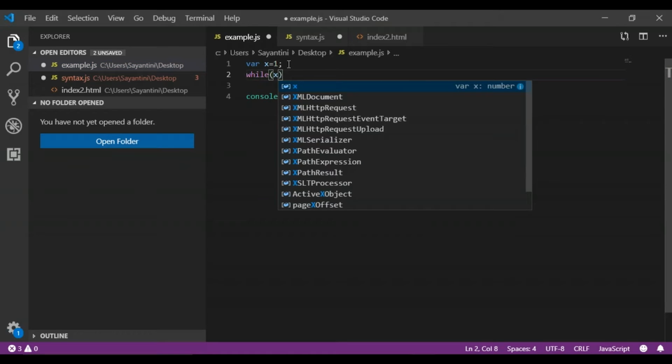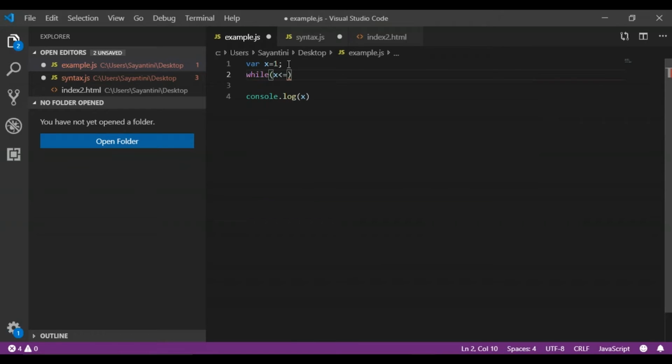Suppose I want the x value to be less than or equal to 5. So the loop should come out as soon as the x value crosses 5. Now here is the difference between the for loop and the while loop. Here we just have the Boolean condition, and then we have to put it inside the curly braces. The increment or the decrement value comes later on. So we will insert the increment value here as x plus plus, and